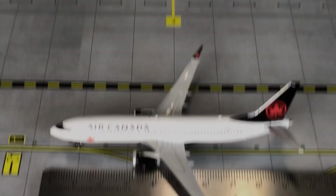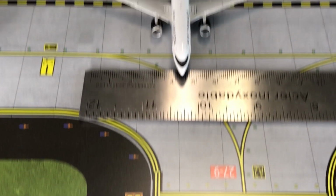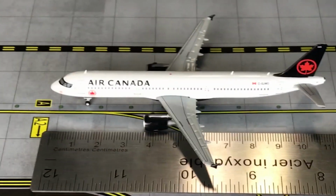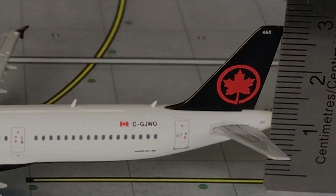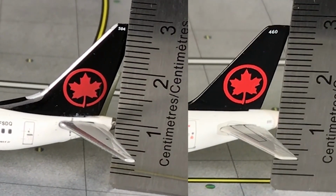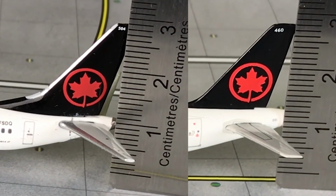The 737 MAX comes in at 9.7 cm long, 9.1 cm wide, and 3 cm tall. The A321 comes in at 11 cm long, 8.6 cm wide, and amazingly is also 3 cm tall. With the tails being the same size, I wanted to compare these models to the real aircraft to come up